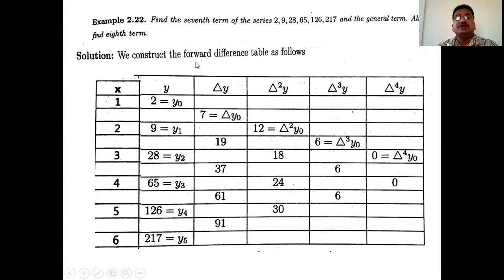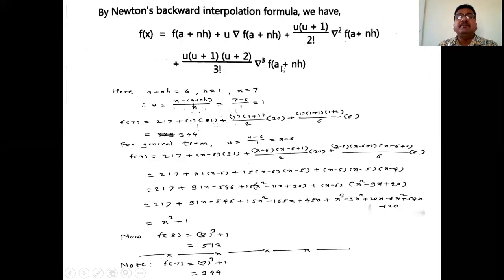Okay, so instead of this forward difference table, while writing this problem in your notebook, prepare the backward difference table. Just here write backward difference table, and here write del instead of delta. So this is the backward difference table. The entries are the same in the forward difference table and the backward difference table. Then write the backward difference interpolation formula. So what is that?